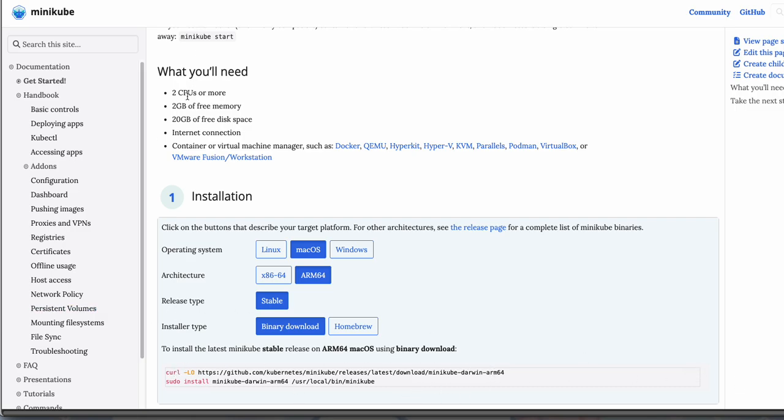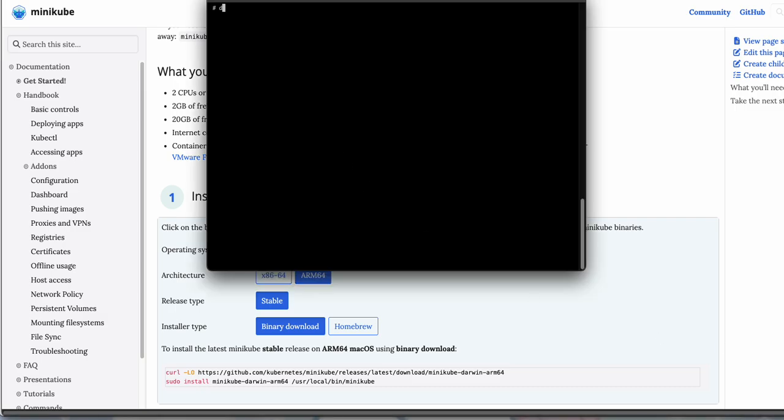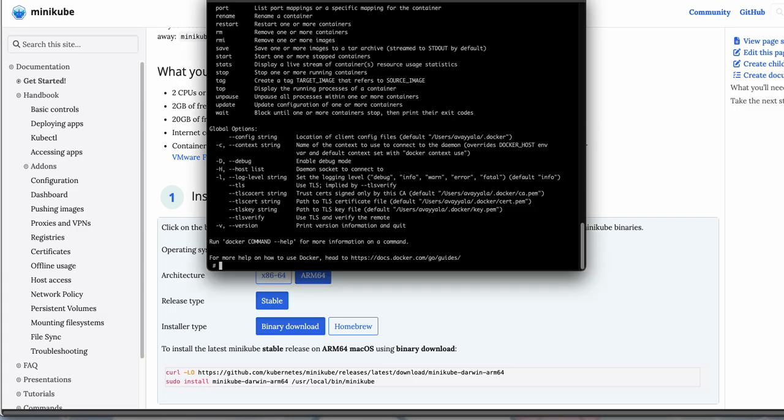And a bit of prerequisites in terms of the space and memory is that you do need 20 gigs of disk space and 2 gigs of free memory, 2 CPUs, and of course internet, and a container technology, which is Docker. I already have Docker,